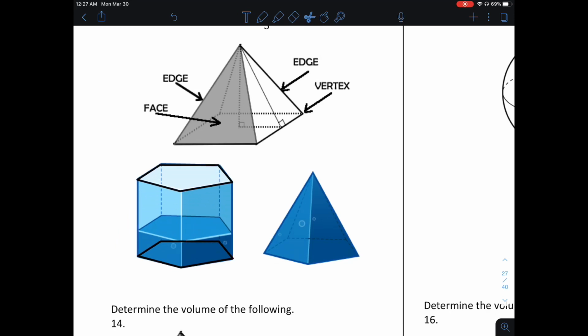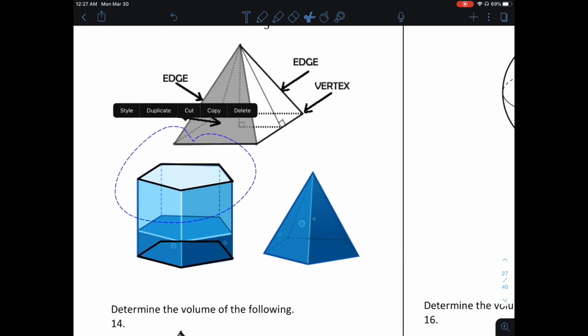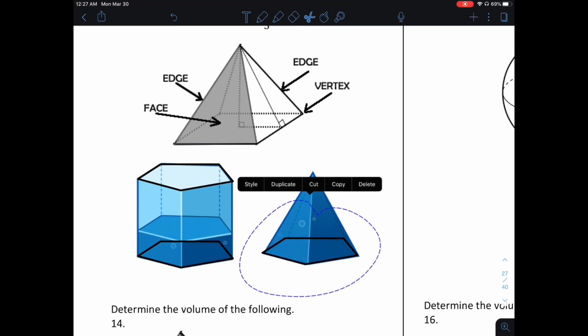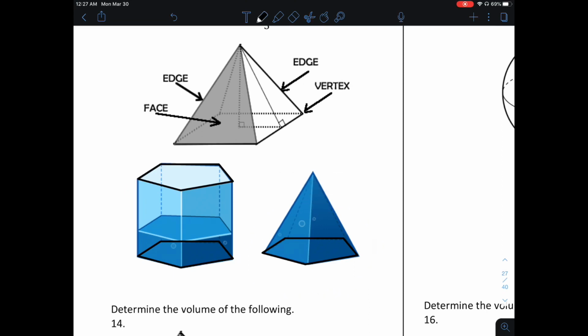so if that's the base, this up here is another base. That's what makes a prism a prism. It's got two bases, they are parallel to each other and they're congruent. A pyramid has a base, and then there is an edge coming from each of the vertices that come together to a common vertex. There's a difference between a pyramid